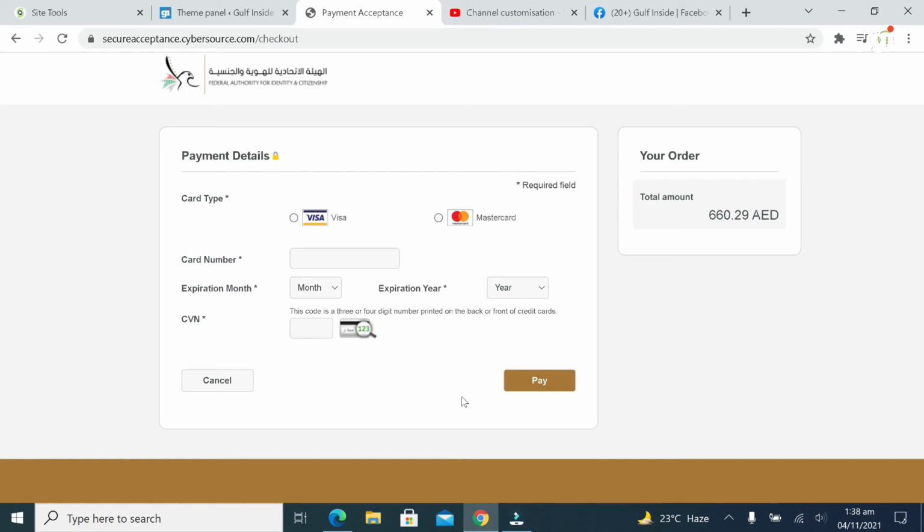They will confirm that they have received all your fees and all your documents. Then you need to wait for a few days. After a few days, it almost takes 5 to 7 days, then they will grant you a visa. Okay, once you get your visa, you can print that paper and you can travel to UAE. That visa will be valid for 2 months. Within 2 months you need to travel to UAE.